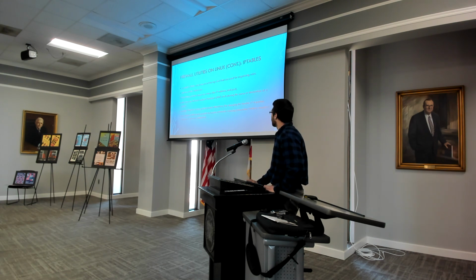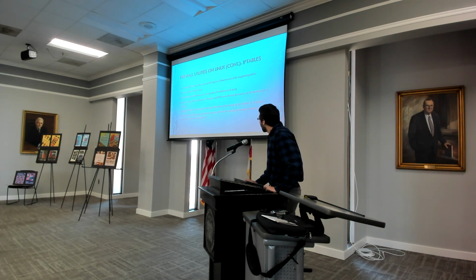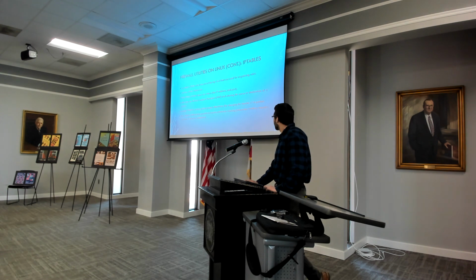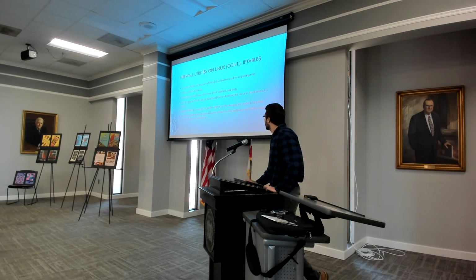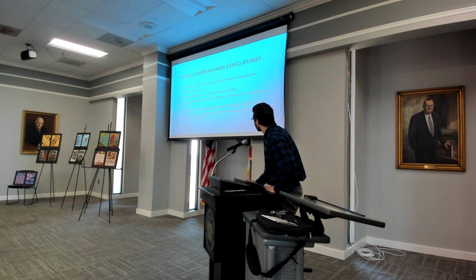So in iptables, you have tables, and their structure is at the top level, and they're used for organizing rules. The four default tables are: filter, which filters packets based on criteria, that could be like an IP address or port. NAT, which is used for network address translation, and altering the source or destination of a packet. Mangle is used for certain special packet alterations, so that might be changing the header of the packet. And RAW is mainly used to mark packets to bypass connection tracking, and that would be monitoring the state of